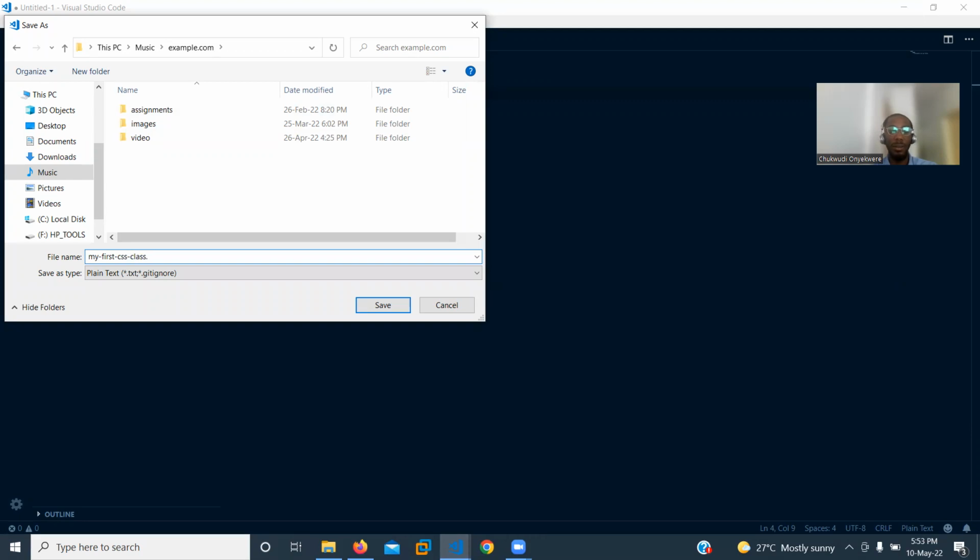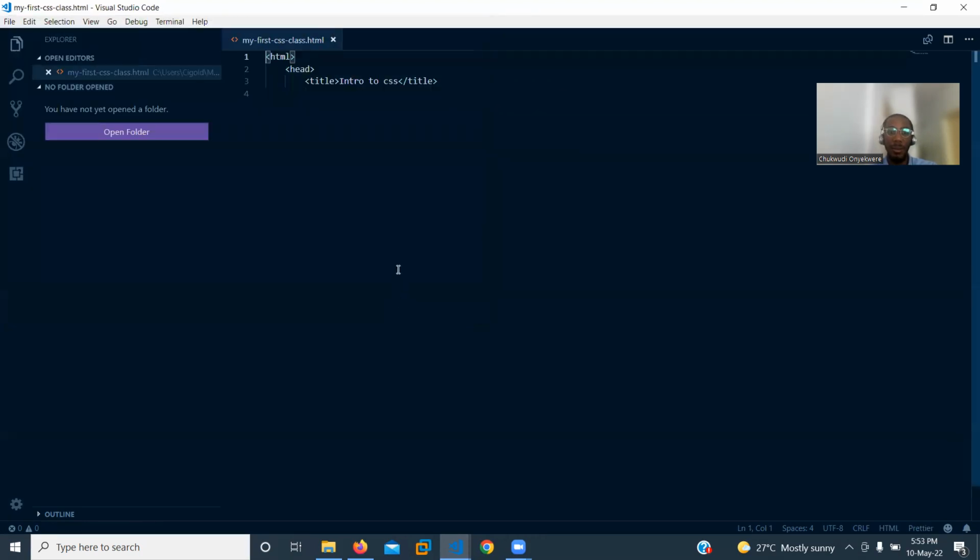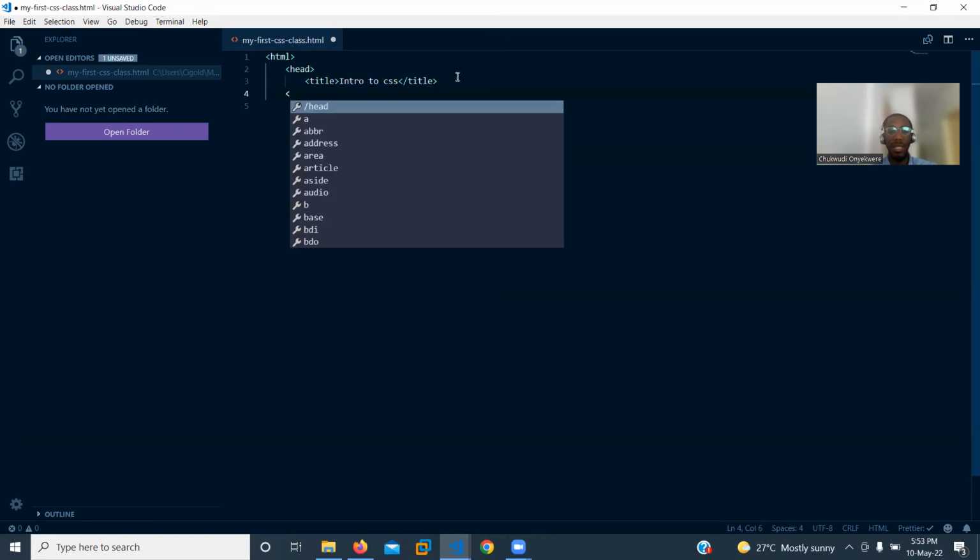And then .html. Save it as .html inside my example.com folder, which is the website folder. So save it there. You can see the color changes and everything. So now let's go back. You can see the essence, because I've saved my file,